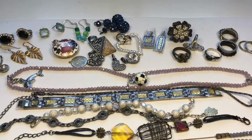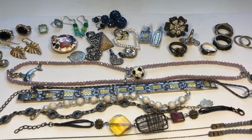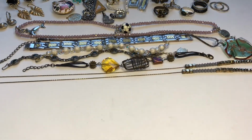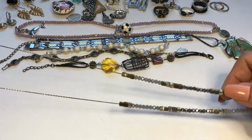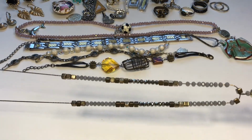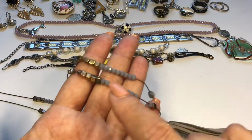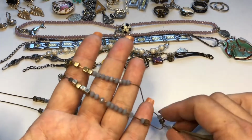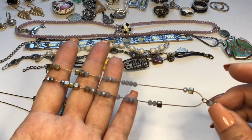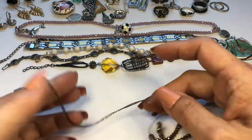Okay guys, we're coming down to the home stretch. We have all these little bits and pieces, and then I saved something for last. So let's go over this. First we have this really pretty metallic necklace that has these really nice, look at these, slate blue beads. It's on this really awesome gold tone chain,